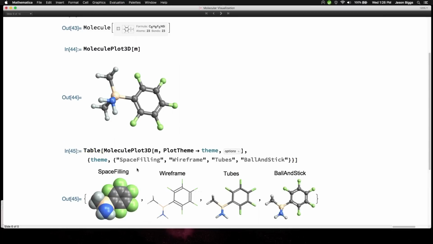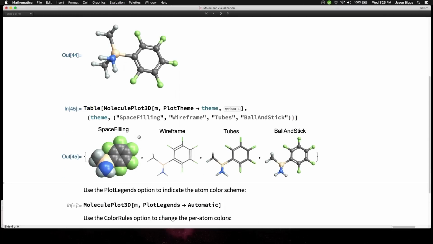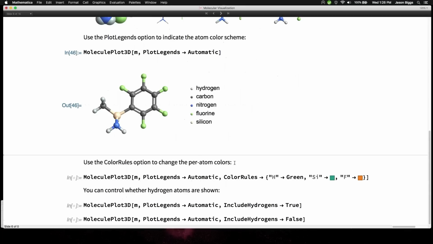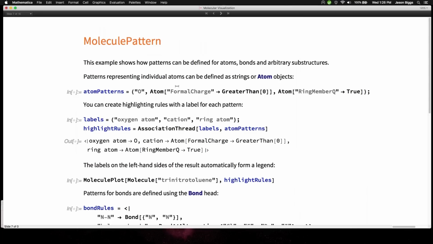We have plot themes for the 3D as well. I'm particularly fond of the tubes, where it omits the normal spheres in the ball and stick model. Again, we've got legends and color rules, a lot of the same options as for MoleculePlot. And then next we introduce MoleculePattern, which is a way to describe